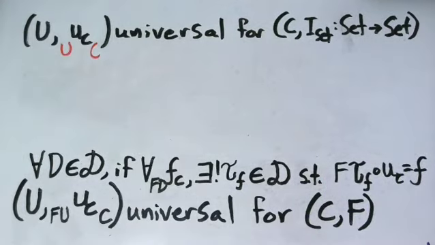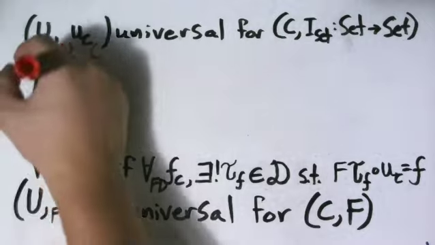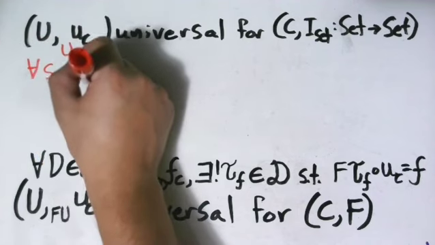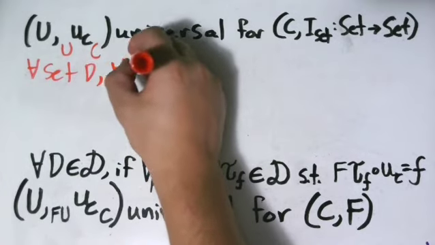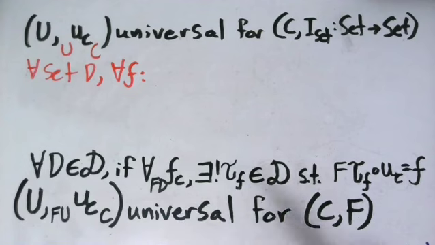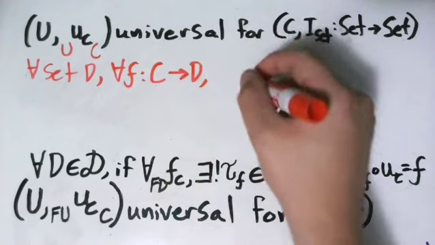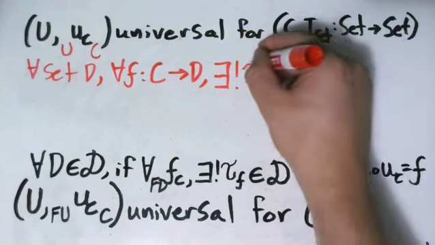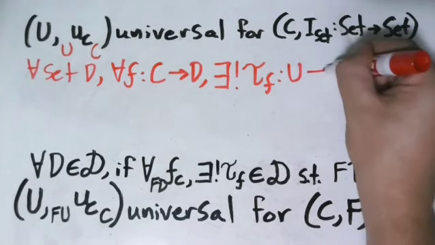So U_C goes from C to U. And if this pair is universal, then what that means is for any set D, and for any set function from C to f of D, which is just D because this is the identity functor, so for any set function f from C into D, there has to be a unique set function, which we call tau of f, which goes from U into D,